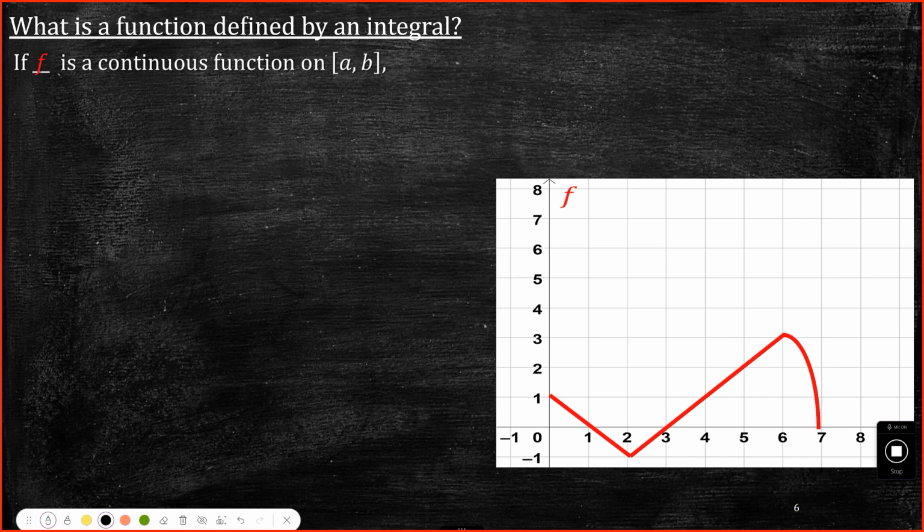So let's say A is 0, and it's defined all the way from A to B, and B is 7. So if this f function is a continuous function, which it is, it's continuous. Notice that it's not talking about anything about differentiable because it's already a derivative. So it could be twice differentiable and all that kind of stuff. But don't worry about any of that stuff right now. So if f is a continuous function on AB,